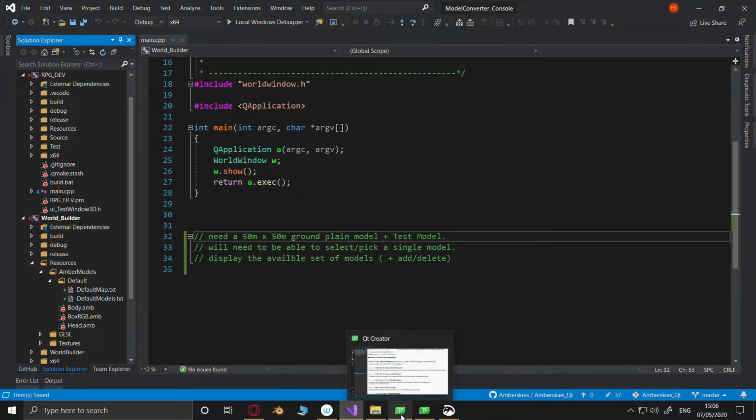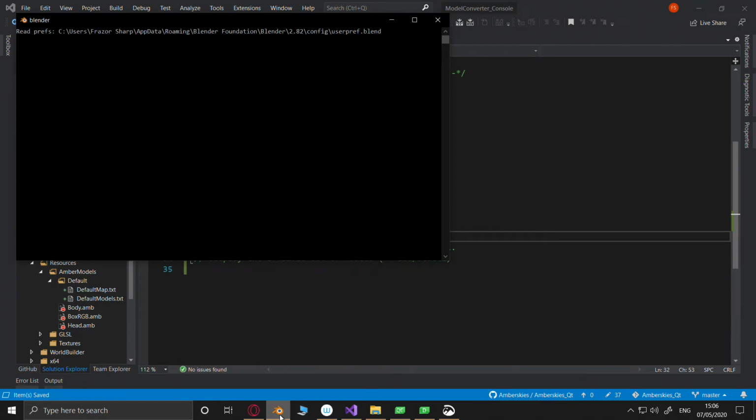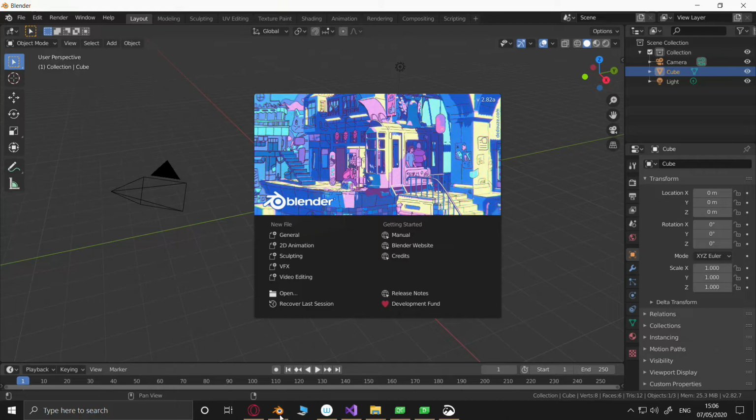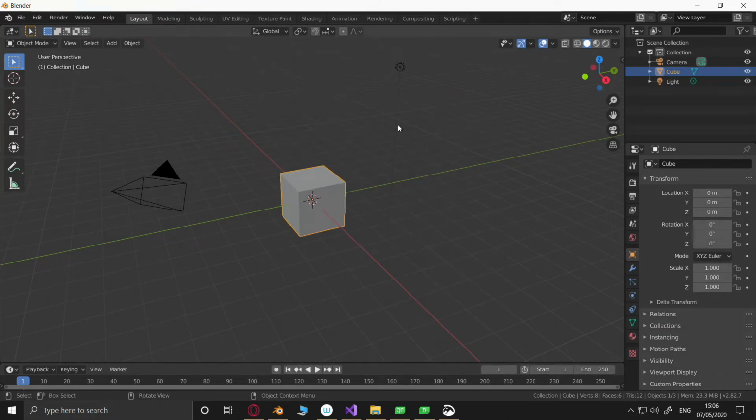And my Blender knowledge is limited. Eek. So it's on the cube now. If I press, is it Shift N?